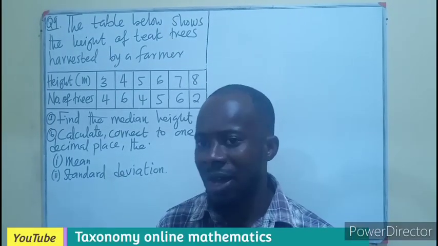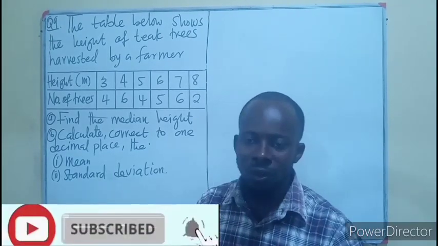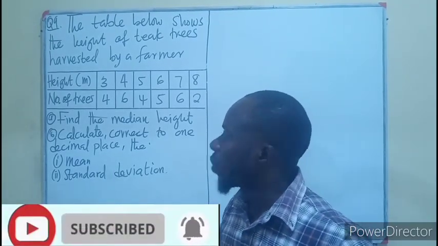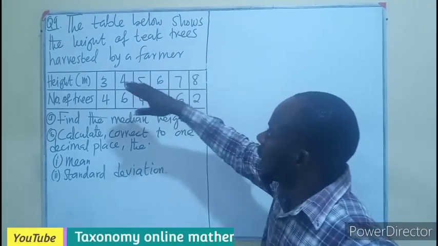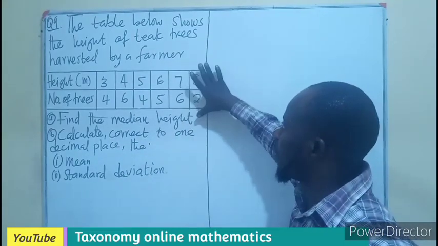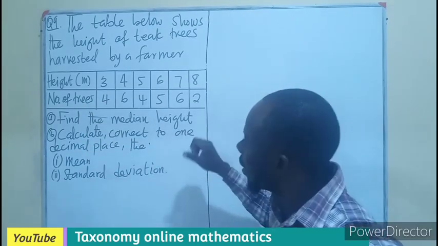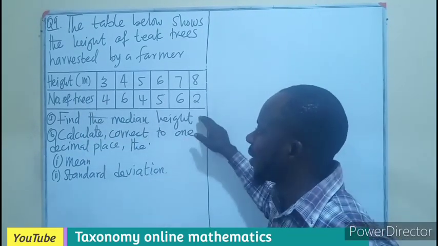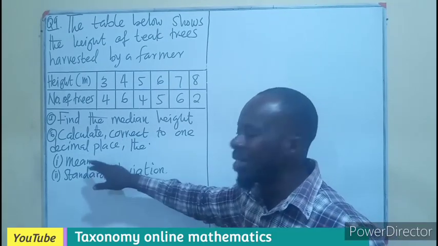Continuation of our questions on WASSCE 2022, the June edition. Question number 9 of the subjective questions. The table below shows the height of a stick tree harvested by a farmer. So this is the height and their frequencies. We have to find the median height, and also calculate, correct to one decimal place, the mean